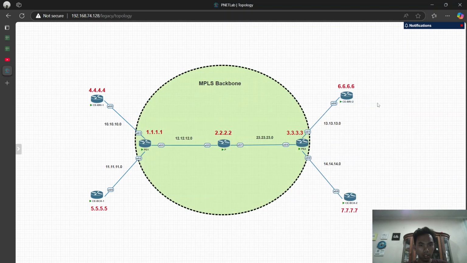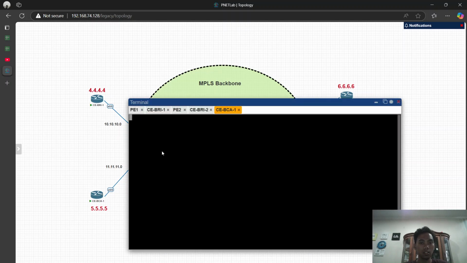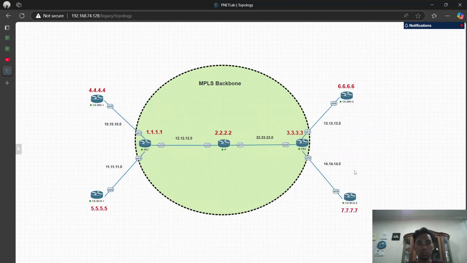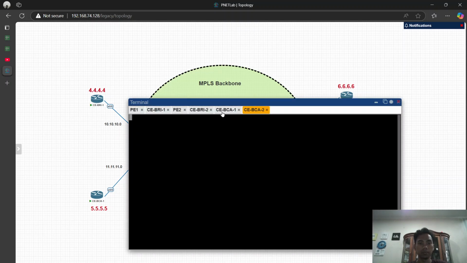So now we will configure the router CABCA1 and also CABCA2.